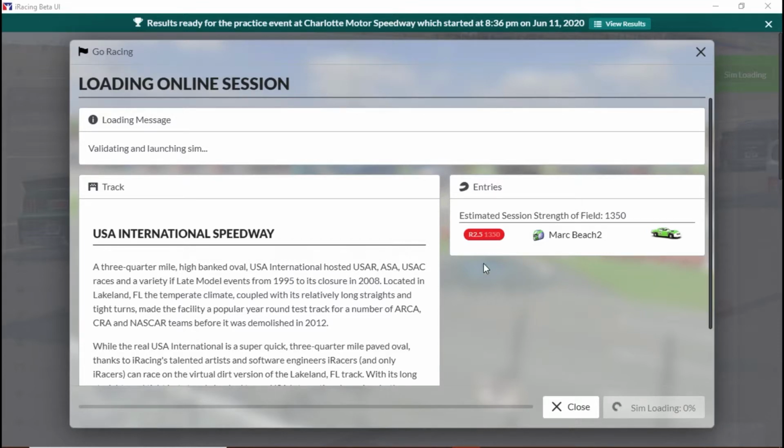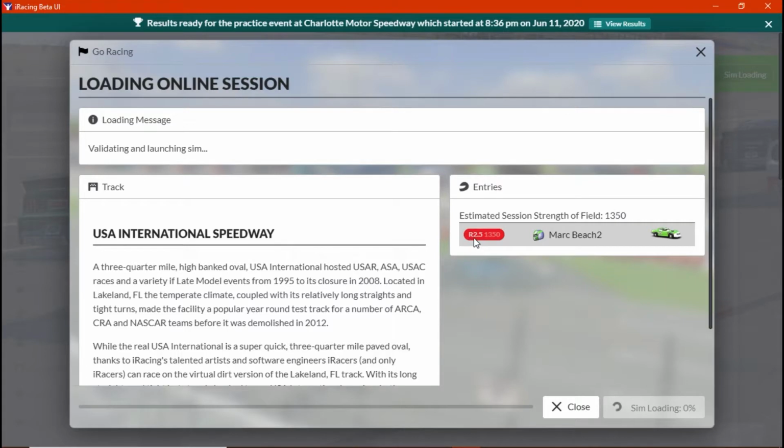You can see here I'm considered a rookie. 2.5, 1350. I'm still not sure what all that means, but I know that most of the people I get put into for racing and practicing all have similar numbers, so I'm assuming it's the lowest number you can have for now until you log some hours and laps and change this number. And I do know that when I've been in races, anybody that has a different number than this is a hell of a lot better than I am, so